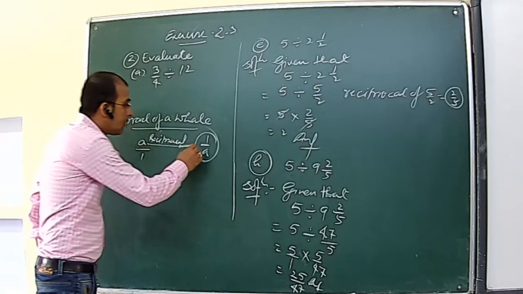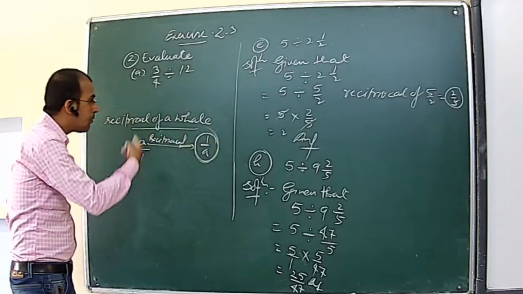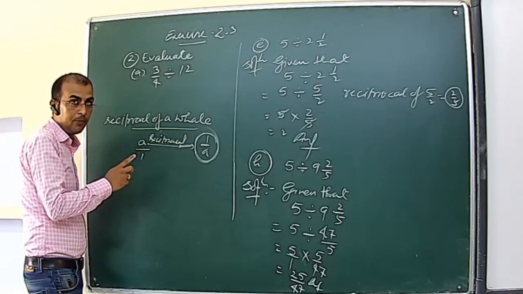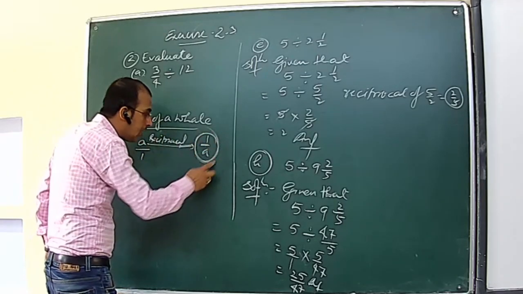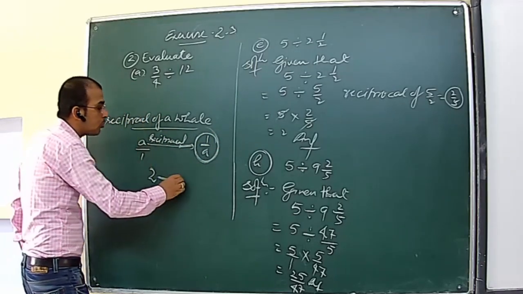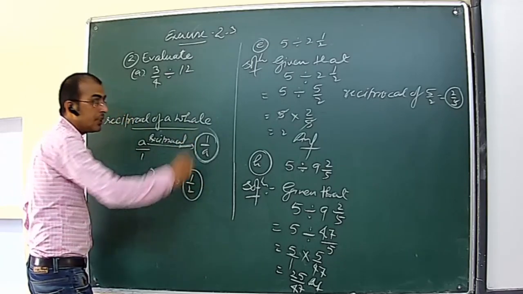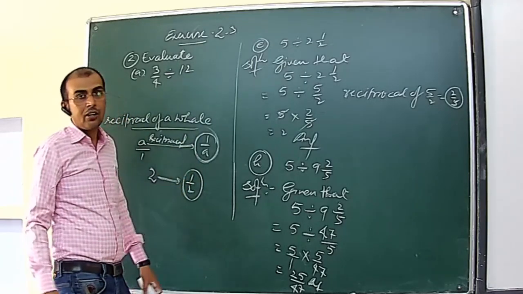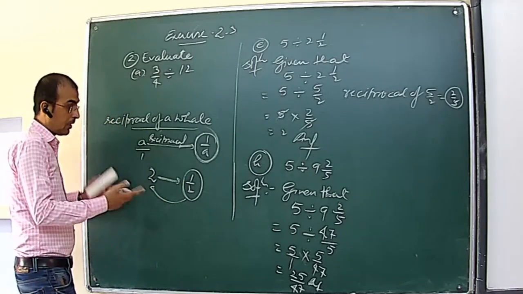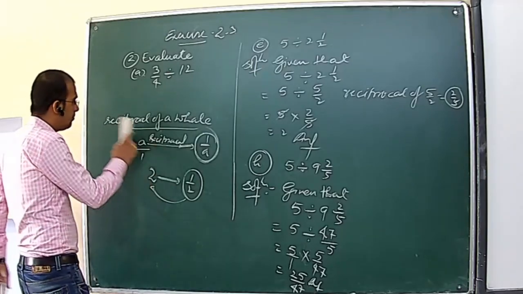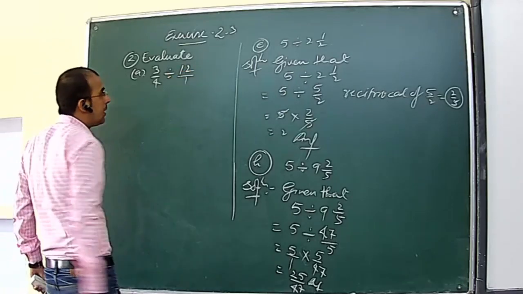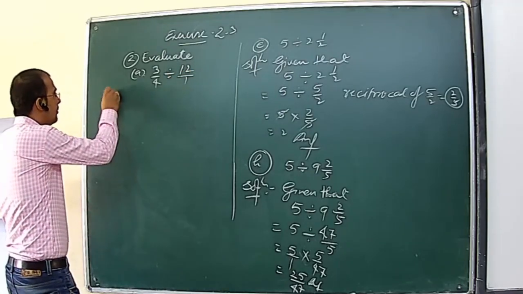And you know what will be the reciprocal of 1 by a? The reciprocal of 1 by a is a. Remember this thing. The converse is also true. For 1 by a, the reciprocal is a. For example, 2 is a number, its reciprocal is 1 by 2. Then we can also say 1 by 2 is a fraction, its reciprocal is 2. So, what will be the reciprocal of 12? So 12 can be written as 12 divided by 1. Is it clear? So what will be the solution?